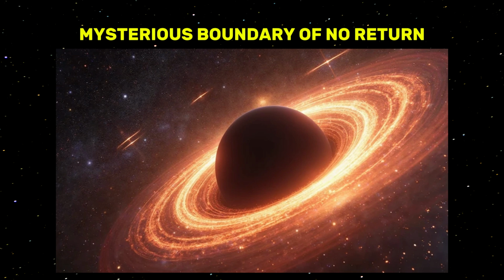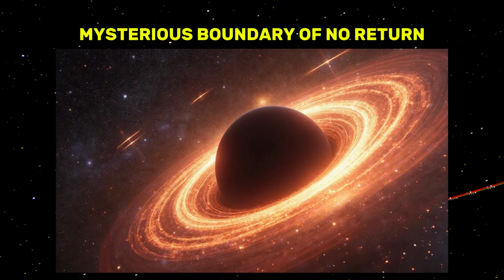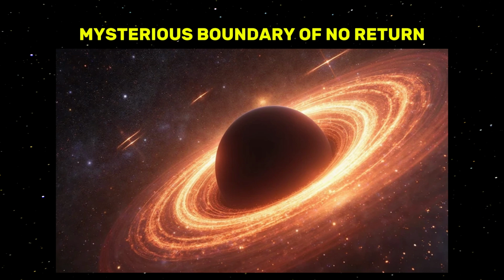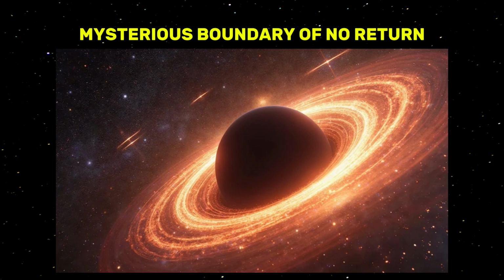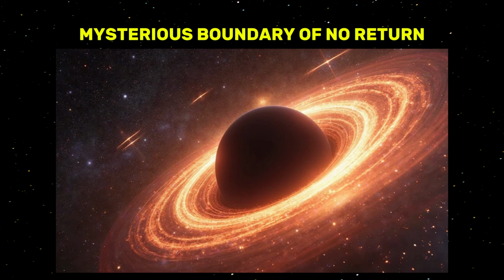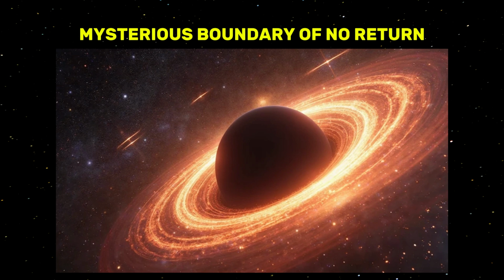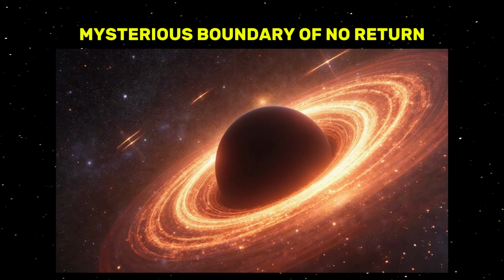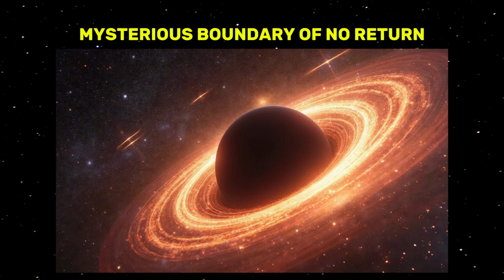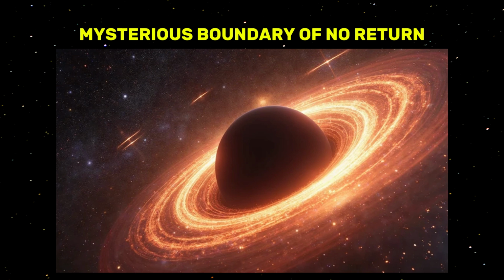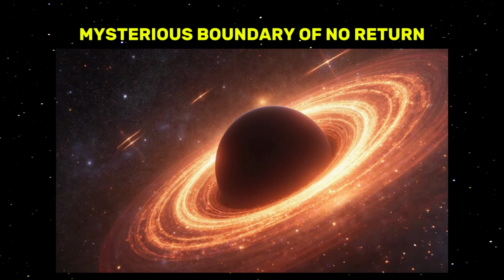One of the most astonishing aspects of the event horizon is how it alters time. From the point of view of a distant observer, time appears to slow dramatically for any object approaching the event horizon. As the object nears the threshold, it seems to slow down more and more, ultimately appearing frozen just outside the boundary. However, from the falling object's own perspective, it crosses the event horizon smoothly, without any noticeable shift in its experience of time. This strange difference arises from the distorted structure of space-time near a black hole.